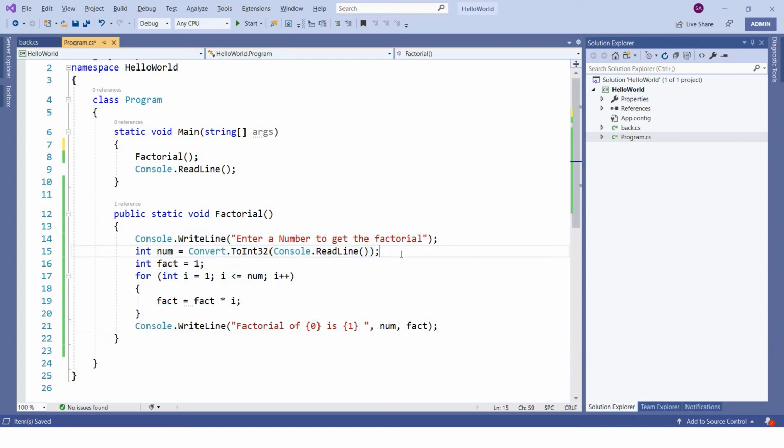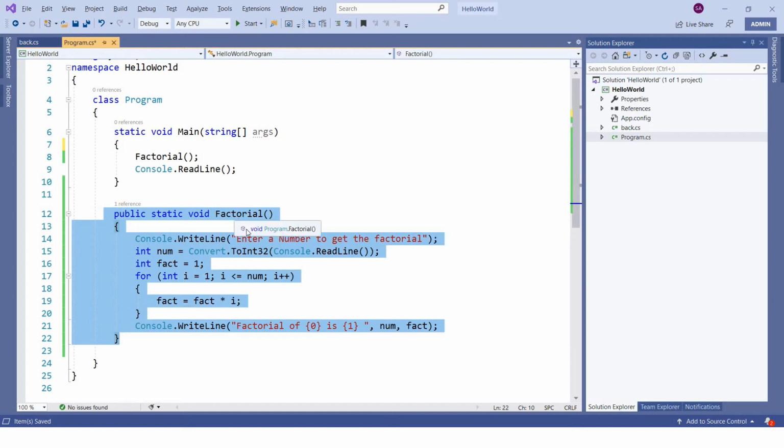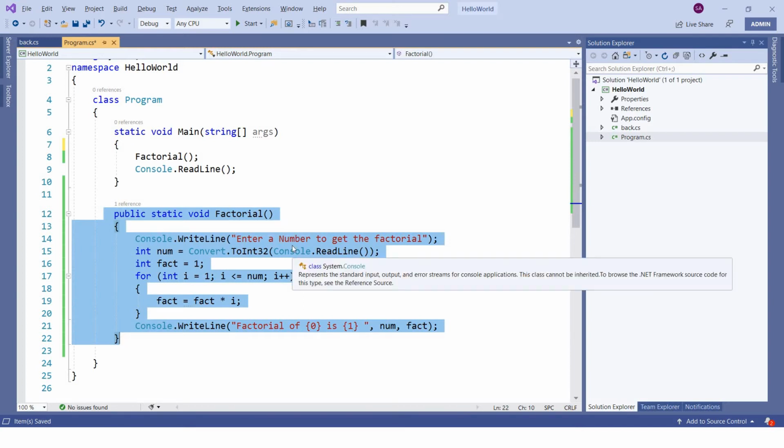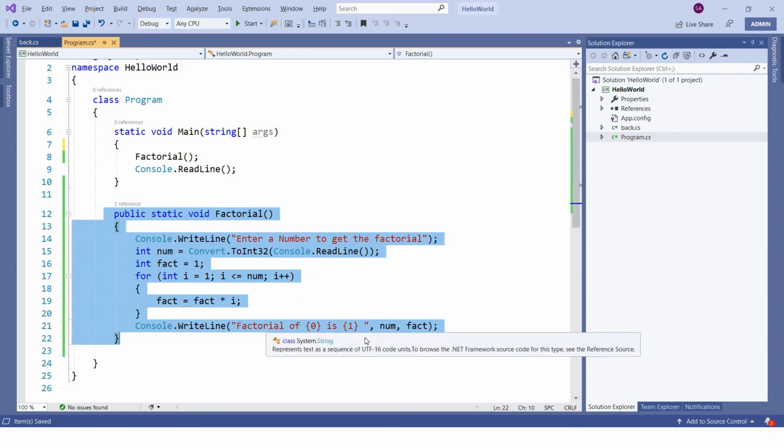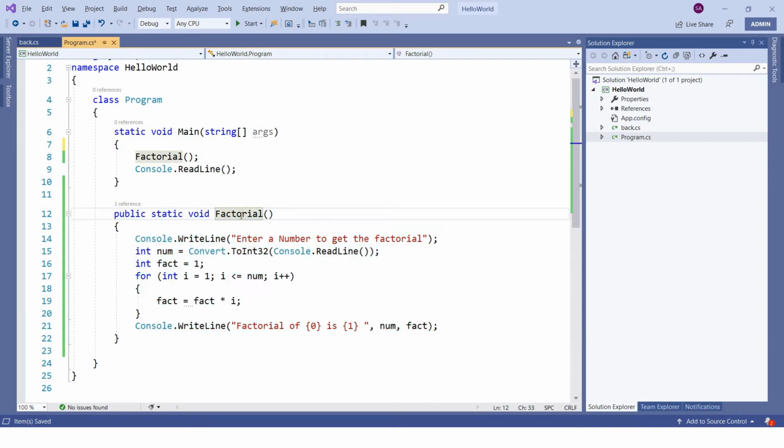But if you see the way it is written, whenever you call this factorial function, it asks for a number on the console and then prints the result in the console itself. But let's say we want to utilize these values, we just want this factorial function to calculate the factorial of the given number. To do that we'll utilize the return type and the parameter.